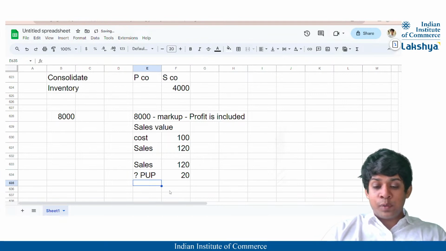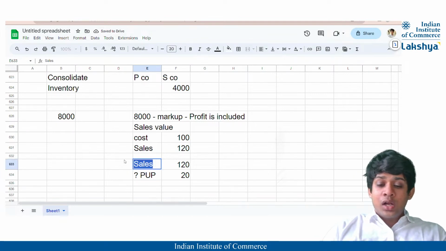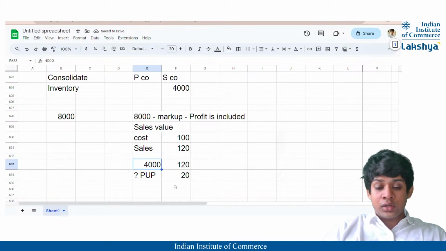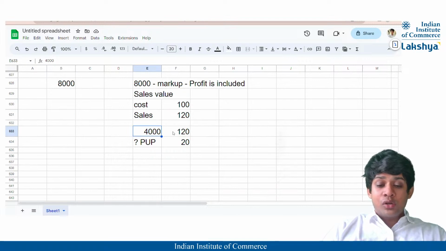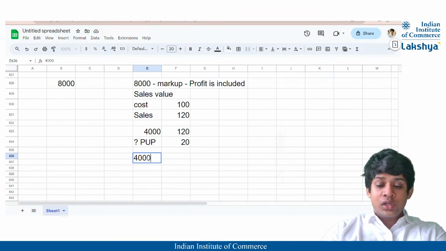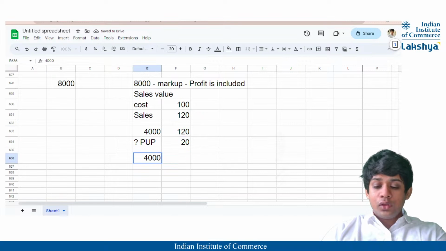the provision for unrealized profit, right? So what is my sales value? The goods were sold at a value of 8,000. Out of this, how many goods are remaining? 4,000, correct? So the profit will only be calculated on those goods worth 4,000. So if 4,000 is 120%, what will the 20% of it be? I will cross multiply: 4,000 into 20, divided by 120,